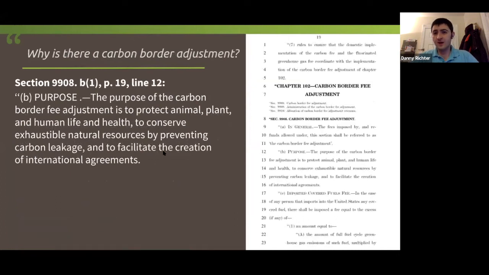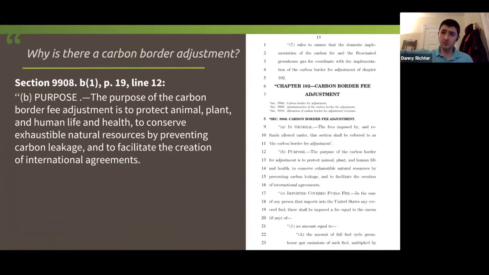So this is another thing that we're now moving on to, the border carbon adjustment. And so this one, when I was going through and talking with offices, I kept this pretty high level. And I think if you go through the section by section, you will see that that language is also pretty high level. We're really just highlighting the intent is to keep everything even, and carbon intensive goods or fossil fuels that are coming in have the carbon fee or the border carbon adjustment applied to them.